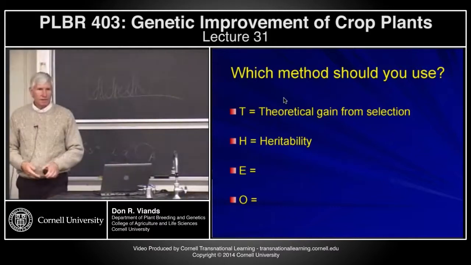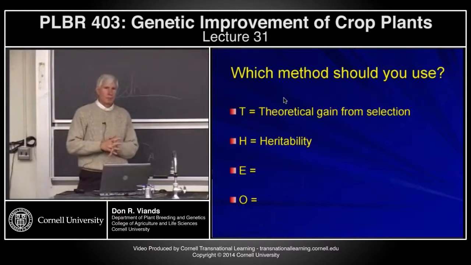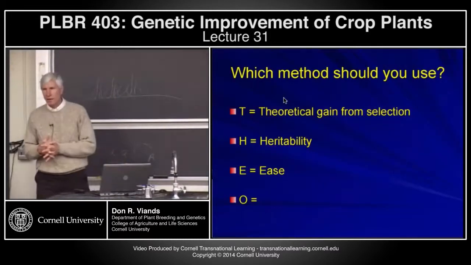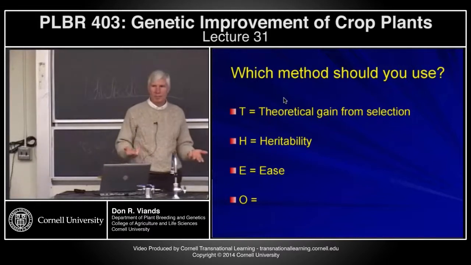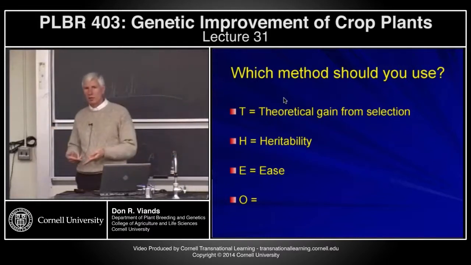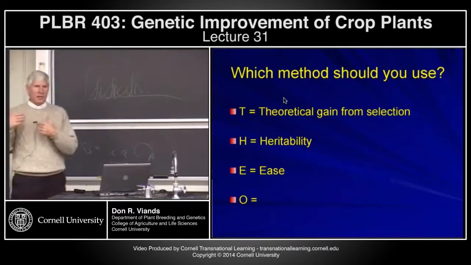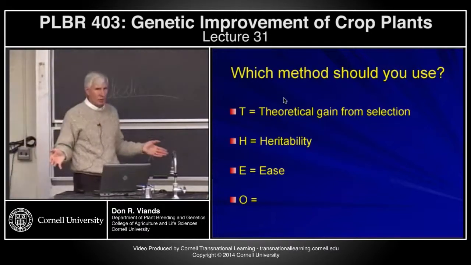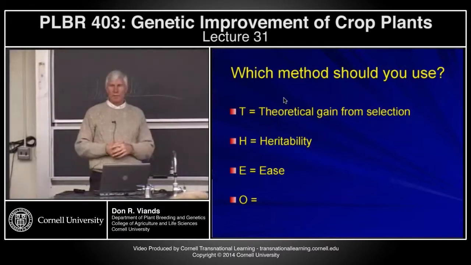And O is the objective, primarily I'm thinking of if you are planning to produce a hybrid variety for that crop species, then you could use reciprocal recurrent selection. You wouldn't have to, but you could use it. If you are not producing a hybrid variety, then it's kind of a waste of time to use reciprocal recurrent selection because it's a lot easier and just as effective, if not more effective, to use one of the